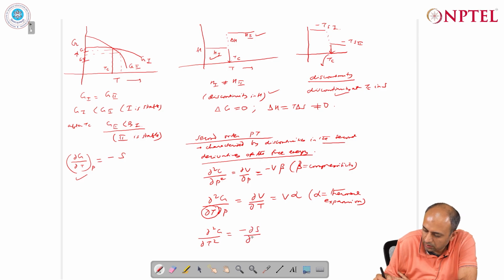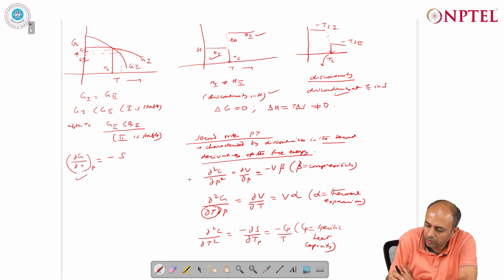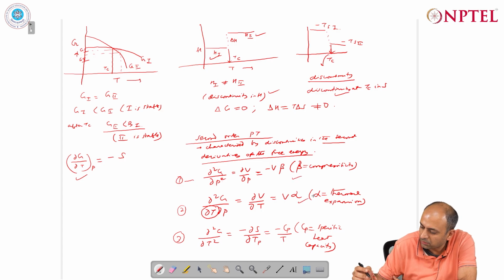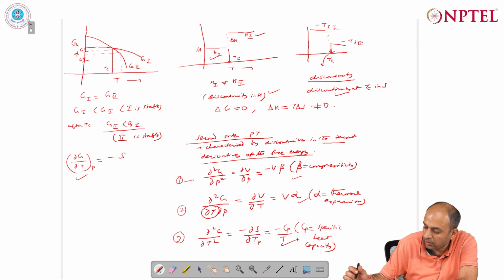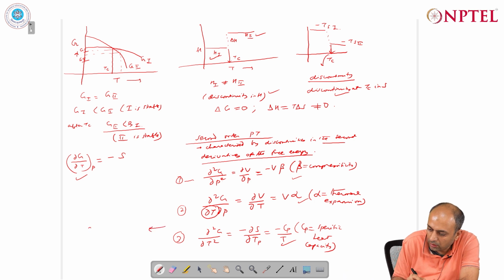We can now take del square g by del t square, which is minus del s by del t, and at the phase transition temperature this is equal to minus Cp by T, where Cp is the specific heat capacity of the substance. So these are the three very important relationships: the second derivative of G with respect to P, with respect to T and P, and with respect to T. These tell you that there are discontinuities in the compressibility factor, thermal expansion, and the specific heat capacity, and these are characteristic of the second order